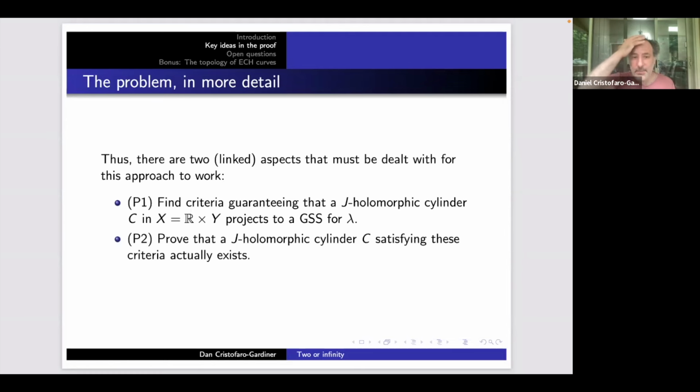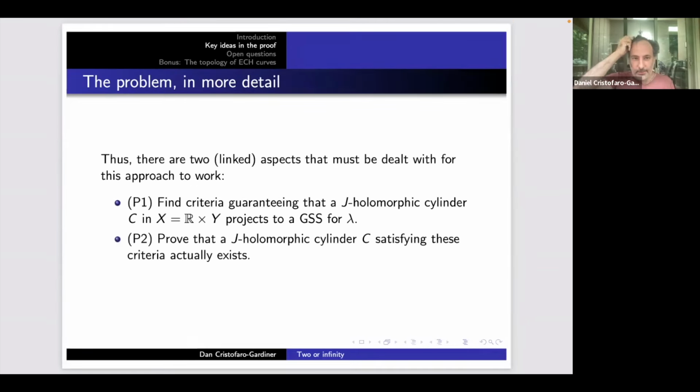Okay, but so those are the basic problems, and they're linked, right? Because, and this certainly comes up in our paper as well, I have a certain amount of control. I can try to make my criteria as strong as I can, but if I demand more and more out of P1, then it's going to be harder to satisfy P2. So I can play a kind of game, demanding a lot out of P1, seeing if I can get P2 to work, and if not, try to relax P1 a little bit. So you wouldn't want to think of these problems completely independently of each other, but those are the basic